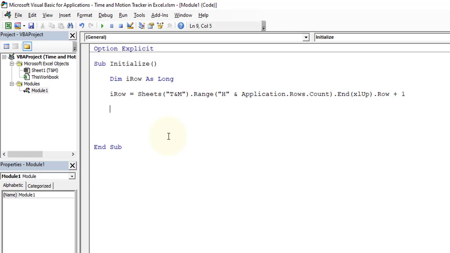Okay, so let's write If Sheets T and M .Range, and start time is available in the F column, so we are going to refer here to F, and we know the row number is available in iRow. So iRow .Value is equal to blank. If that is blank, then we need to capture the date and time, otherwise we do not need to capture the date and time because it has already been captured. Okay, and If